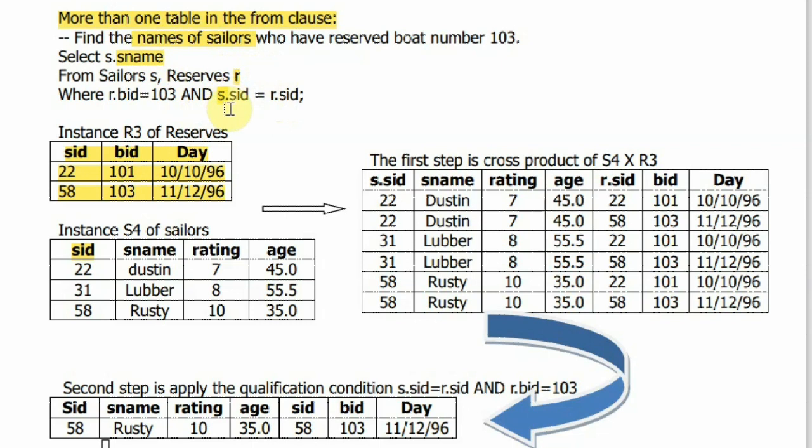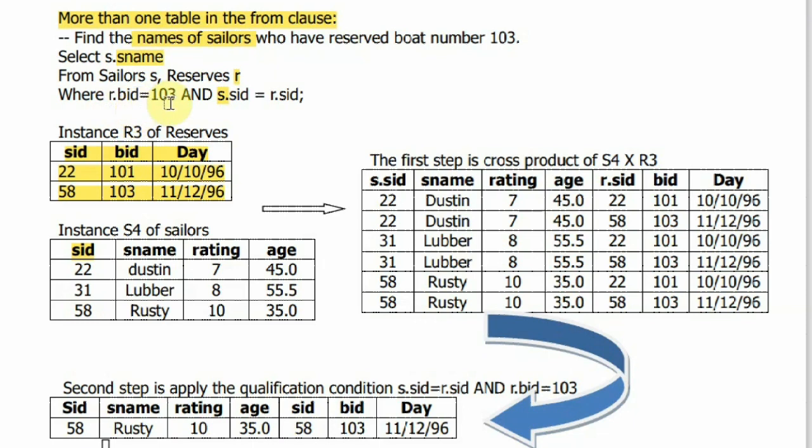I can also say sailors.sid is equal to reserves.sid without mentioning the range variable. But I cannot write sailors dot, reserves dot each and every time. So I just gave a variable over here. So it will be easy for me to write the queries without confusion, and I can enhance the readability of the query also. So I hope everybody understood what the range variable is.